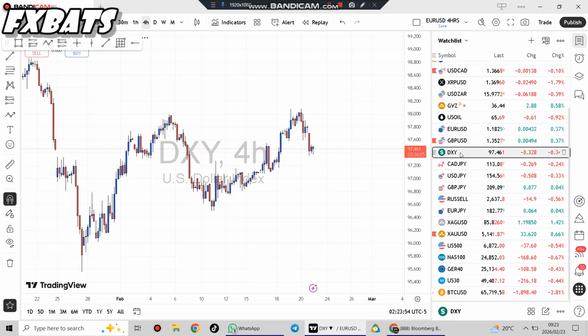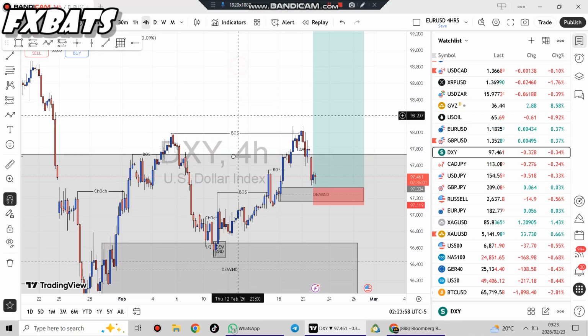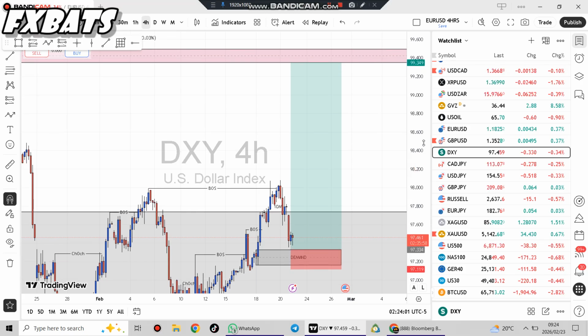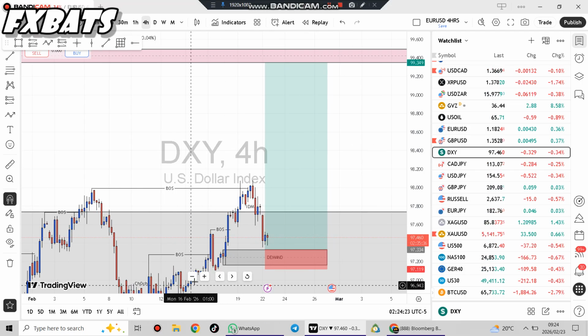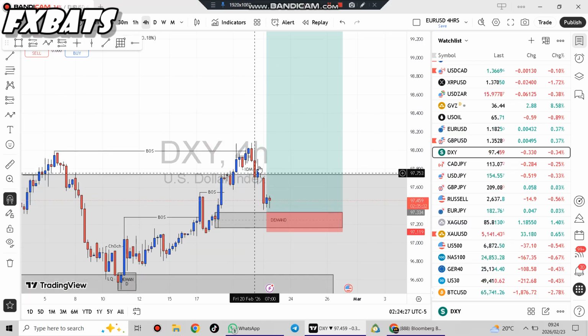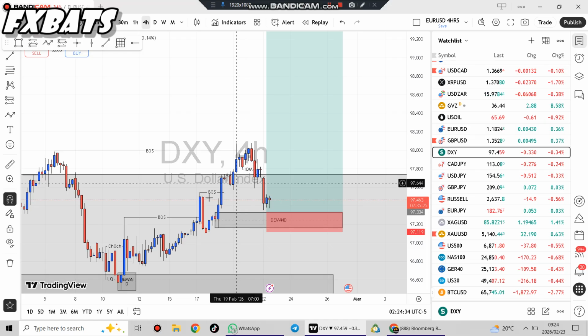The DXY, since last week, it was a Friday. We've been looking at it Friday, Thursday. We saw the DXY rally to the upside, taking out this external range liquidity, giving us a break of structure. And for that, I marked my area of inducement, a zone of inducement. I was expecting price to come and take out this inducement, our major inducement after breaking this structure upwards. So that inducement got taken out, and I was looking to see price aiming for more discounted pricing,